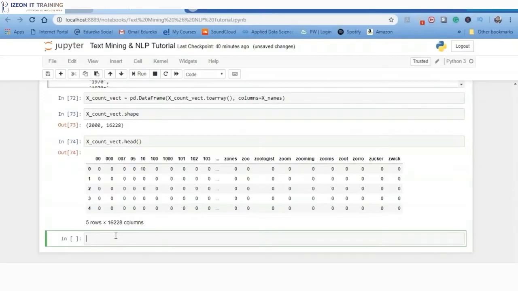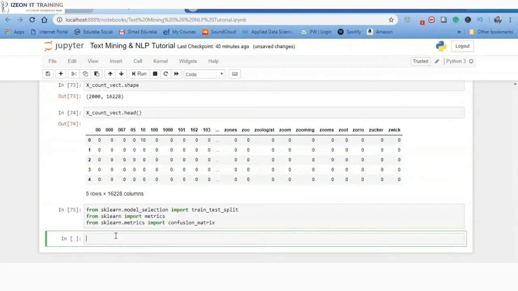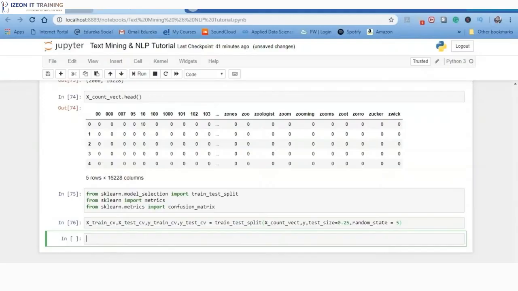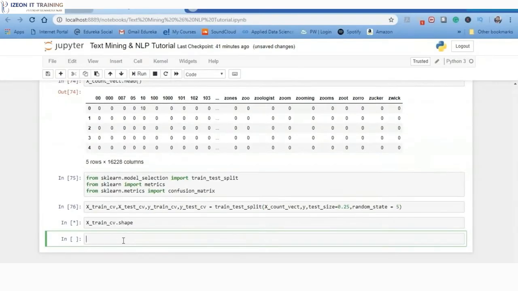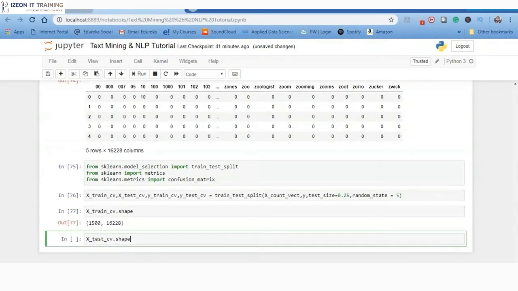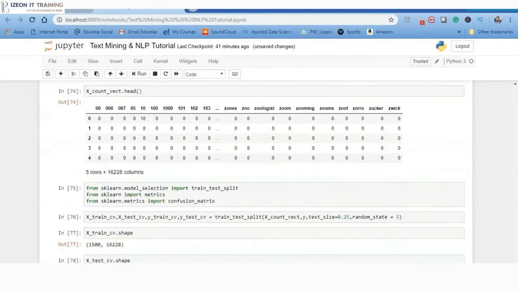Now the data frame we are going to split into training and testing sets, and let us examine the training and the test sets as well. So as you can see, the test size here we have defined as 0.25. That is the test set, that is 25%. The training set will have 75% of the particular data frame. So if we have a look at the shape of the X train, we have 15,000. And if we have a look at the dimension of X test, this is 5,000. So now our data is split.